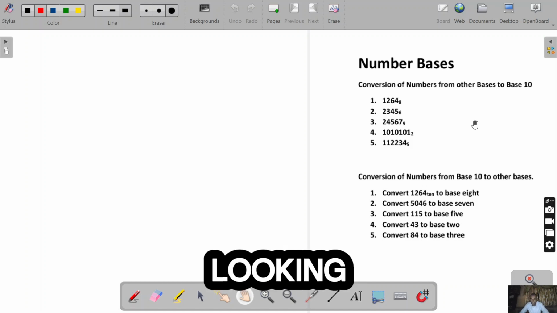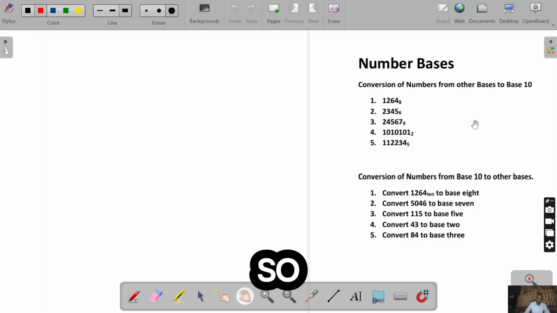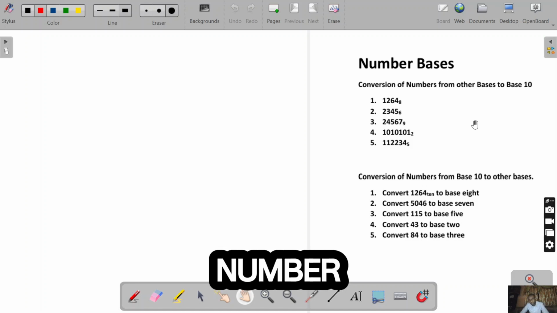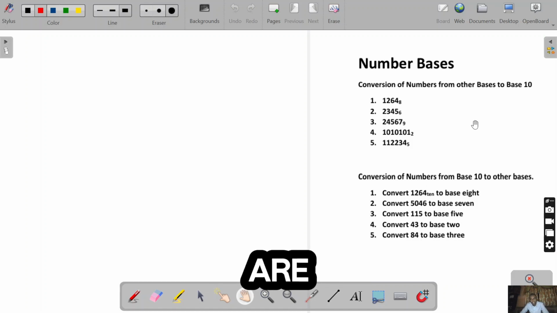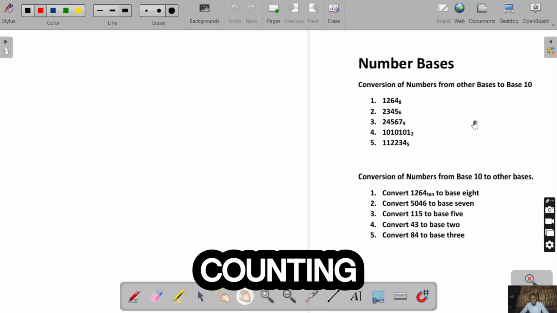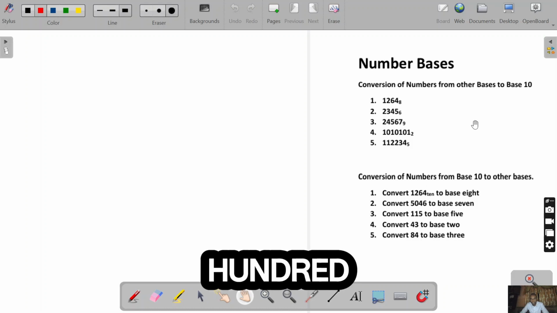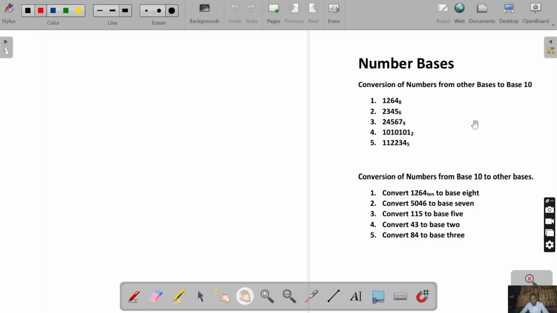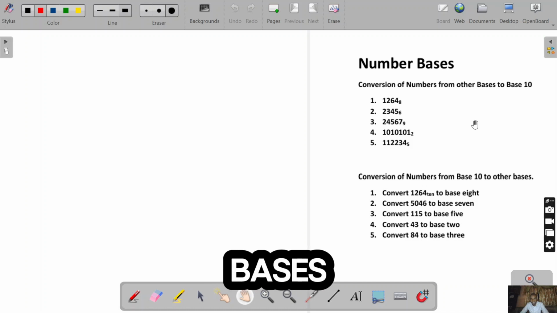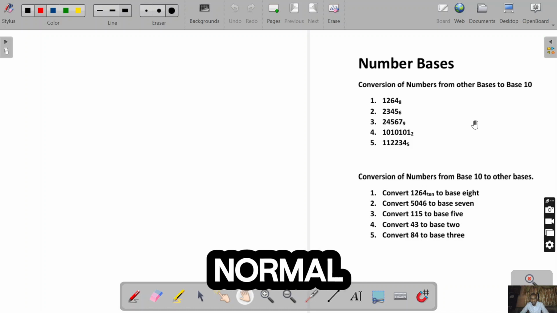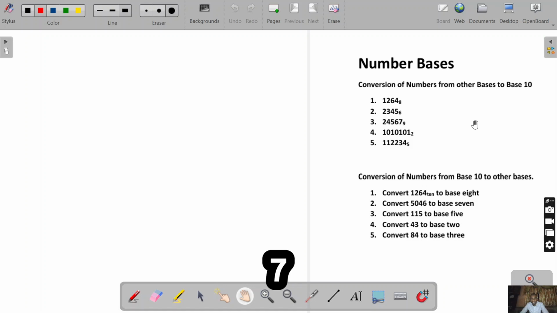Today, we'll be looking at number bases. So, to get started, what are number bases? Basically, number bases are what we are already used to. It's just the normal counting numbers from 1 to 10 to 100. They are in number base. So what do I mean by that? The normal counting numbers 1, 2, 3, 4, 5, 6, 7, 8, 9, 10, and so on are called in